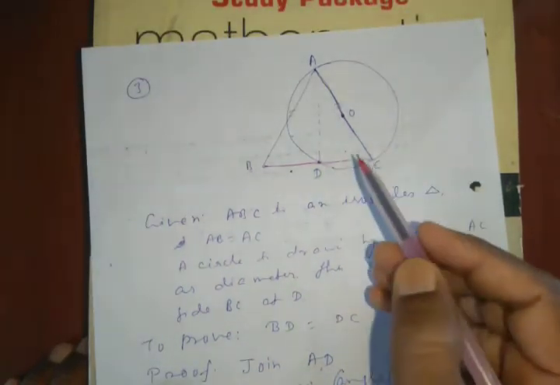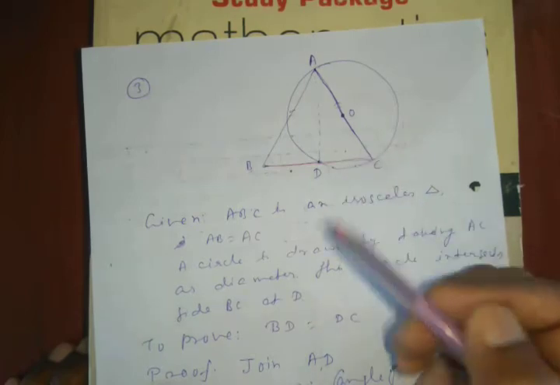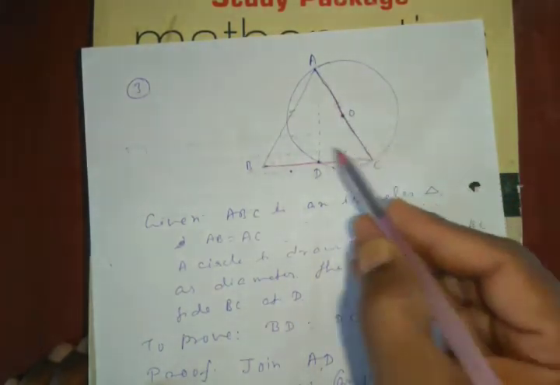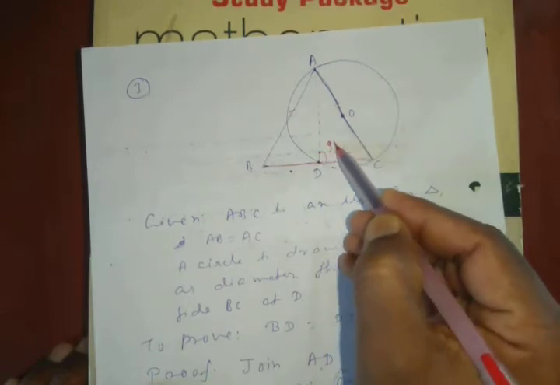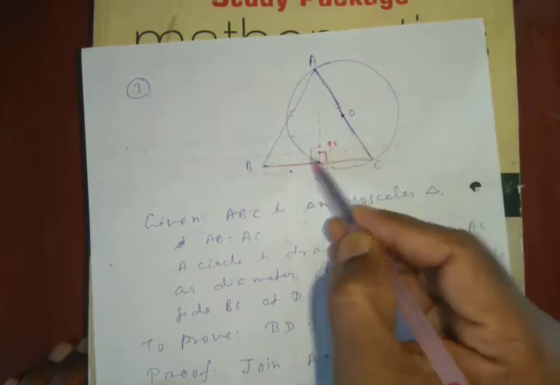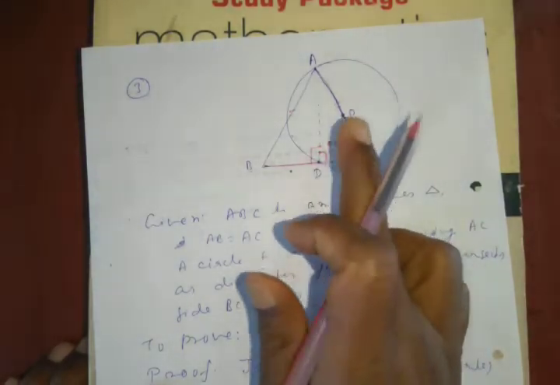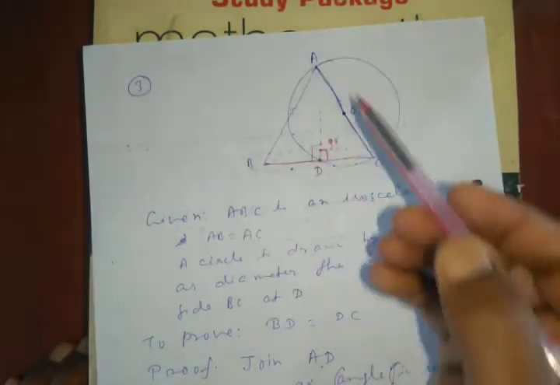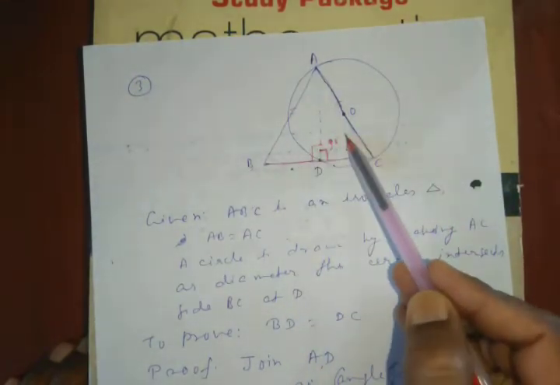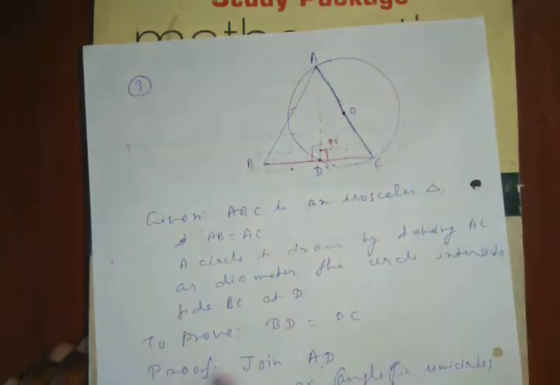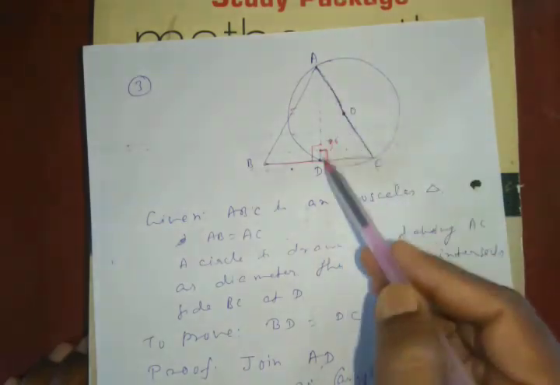So first again we will use the theorem, that is the angle in a semicircle is a right angle. Here this is the diameter, so this angle will be 90 degrees, and if this is 90 then this will also be 90 degrees because these two angles are linear pair angles. Now prove that these two triangles are congruent. To prove that, take the side AD, which is common, and AB and AC are given, and the third condition is angle ADB equal to ADC. Here I have written everything.